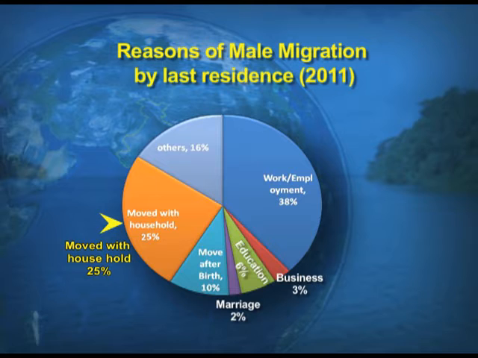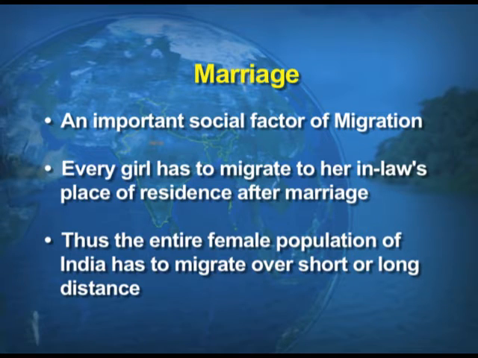25% is when they are moved with the households. Households means the whole family shifts. It is not a single movement of a male person, but the whole family movement, and that counts for 5% of the migration. And the least percentage of migration among the males, children, is marriage. And the marriage, which is least under male migration, you will find in another visual